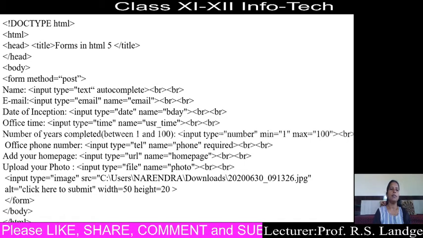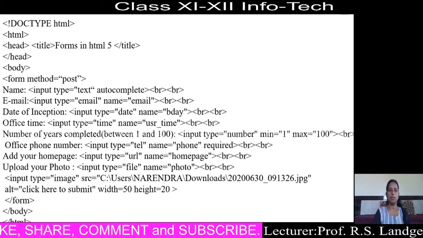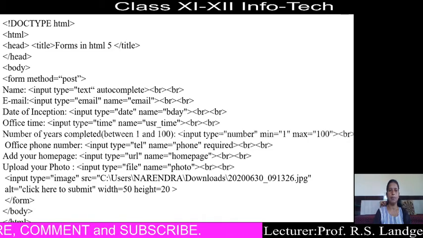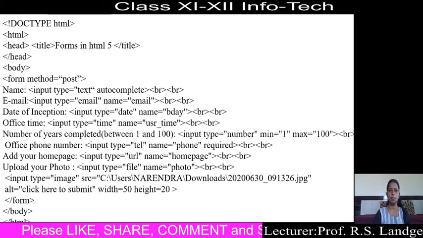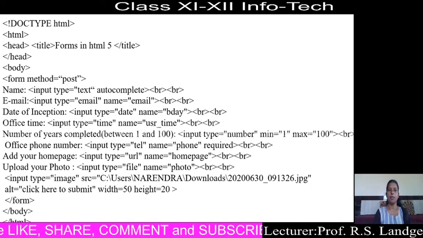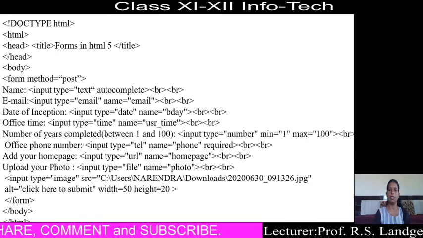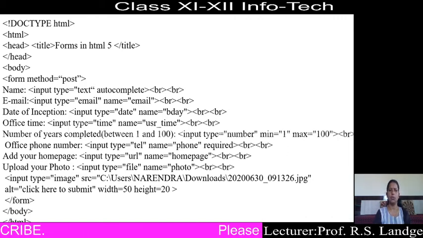Then first we have to display the name field. In front of name we write input type equal to text. Then we provide, as a restriction, an input attribute: autocomplete is provided here, which means the previous input will be displayed for that field, that is, the previous user's value will be shown. Then the br tag is included here.